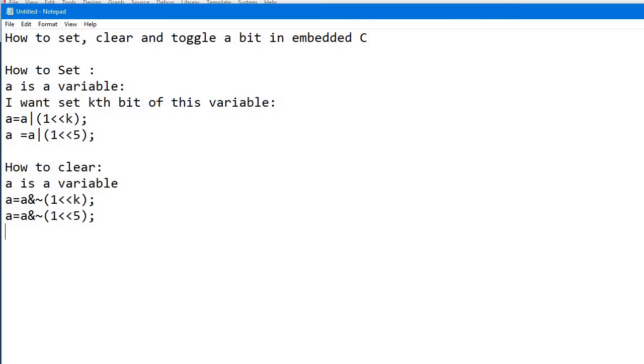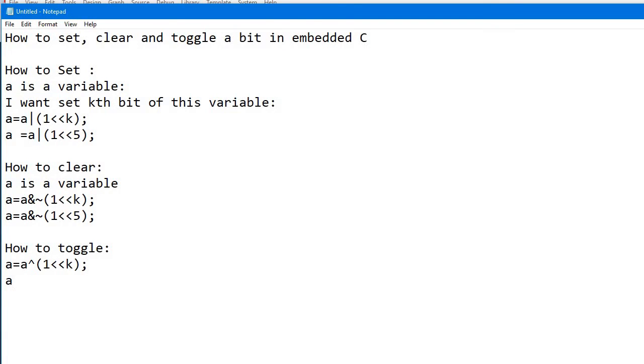Now I want to toggle. How to toggle? Again a is a variable, so a equals a, and now here comes the XOR symbol. Using the XOR operator we can toggle that particular kth bit. So a XOR one left shift k.